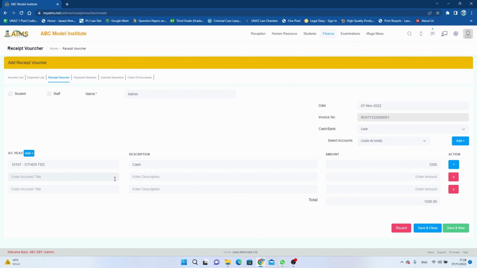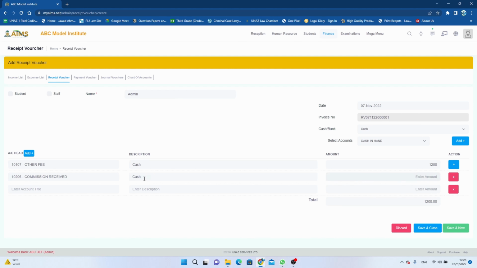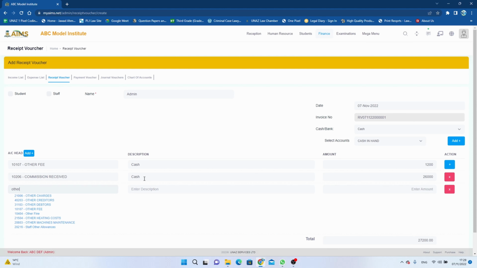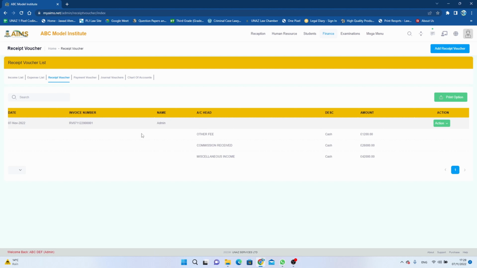And the next one I will say commission received, and that is cash. And the other one is other income, miscellaneous income, and I will say cash. So that's all together the total amount. You can save it. That's the transaction received,